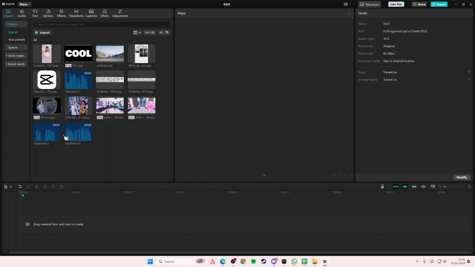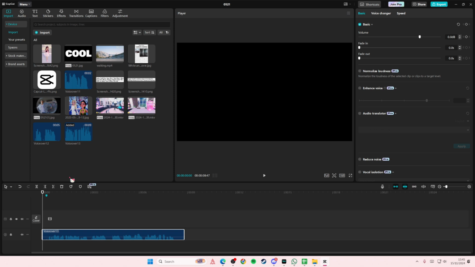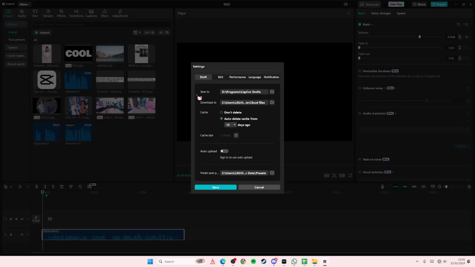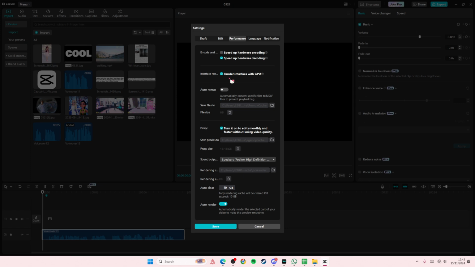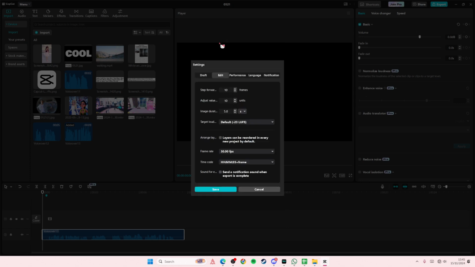In this video, I'll be showing you guys how you can normalize audio in CapCut PC. So to do that, add in your audio, and on the right, you can just normalize the loudness here. If you want to change the settings for that, you are going to go to Menu, go to Settings, and I think it's under the Edit one, and it's